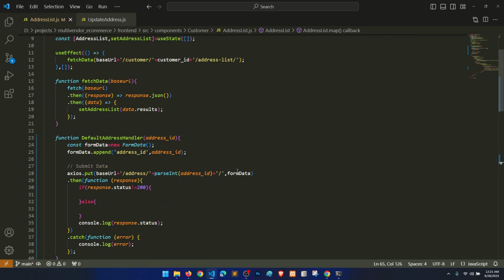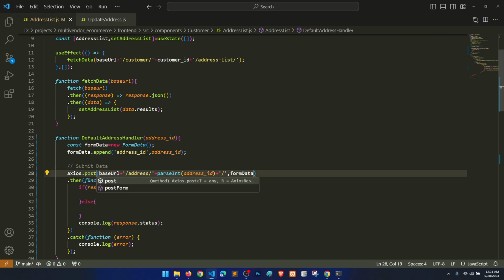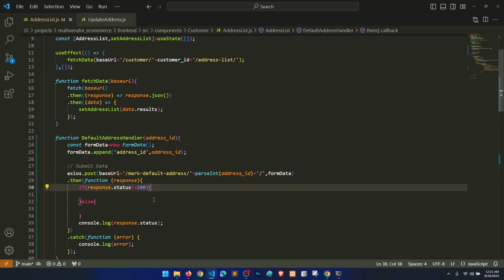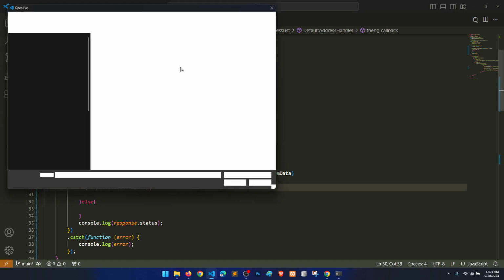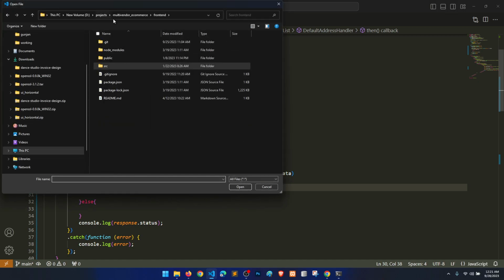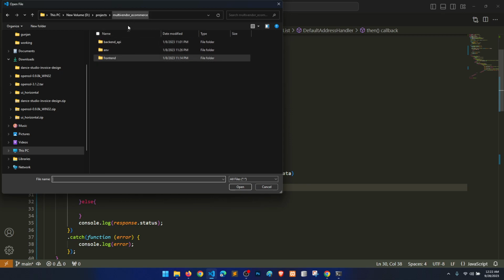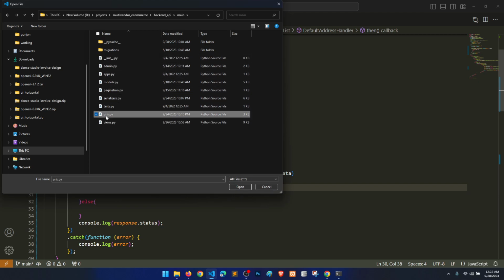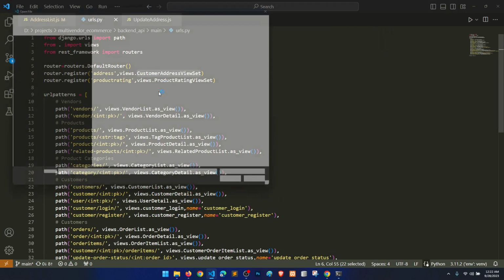Okay, now we will say post, and we will say mark default address, and we are passing the form data, everything is okay. Let's go to URL. First of all, let's go to URL. Where is the URL? Here, URL. Then open the views,